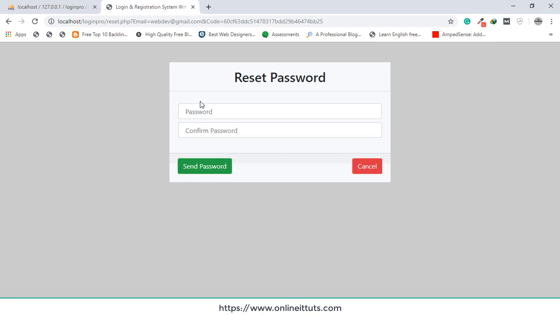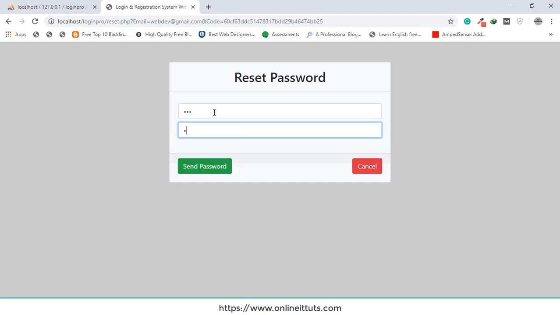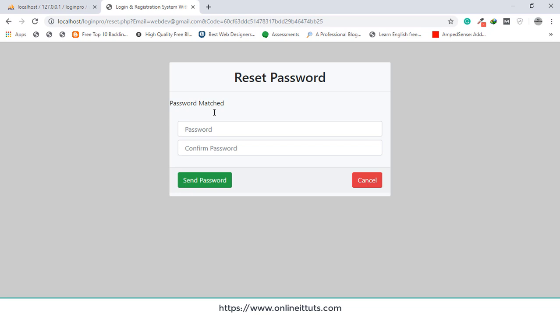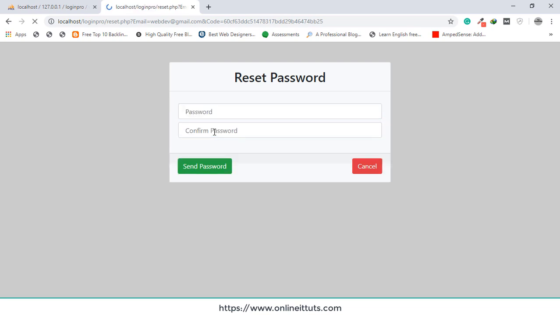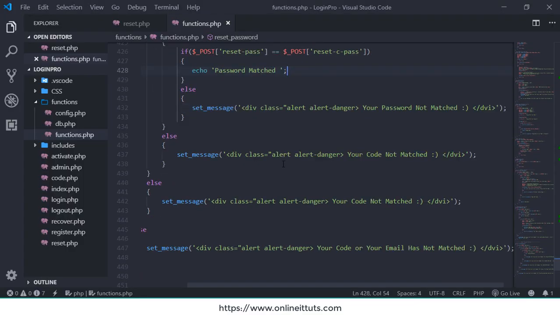I can't see the message. Okay, but I use 1 2 3 1 2 3, password matched. Okay, but I use an incorrect password, 1 2 3 1 2 3 4. I can't see the error message. Okay, but we need to check why I can't see the